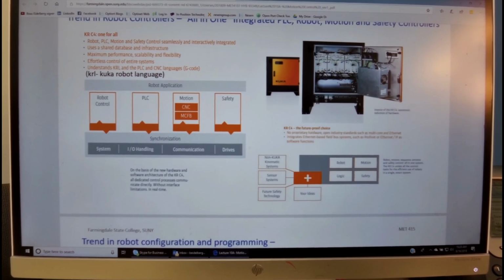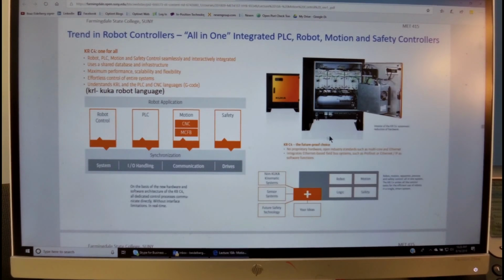Here we see an example of the trend in robotic motion controllers. The controller box is pretty hefty and includes many features such as a programmable motion controller. It has safety features.